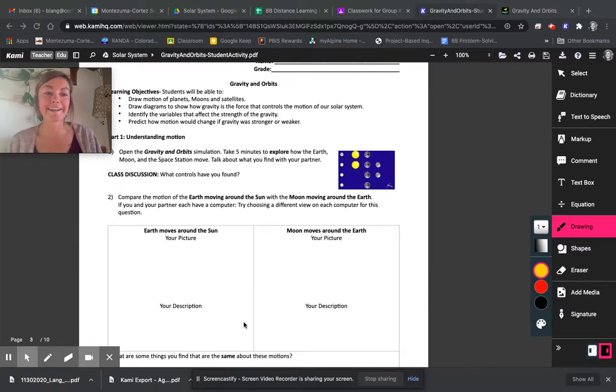Okay, welcome back. What you've already done is draw the motion of planets. We're going to look at moons and satellites in the simulation in a second. But you're also talking about this force. What is this invisible force that's controlling the motion in our solar system? You're also going to identify variables. What are things that are changing that might affect the strength of the gravity? Does the force of gravity get stronger, or does it get weaker as we change certain variables